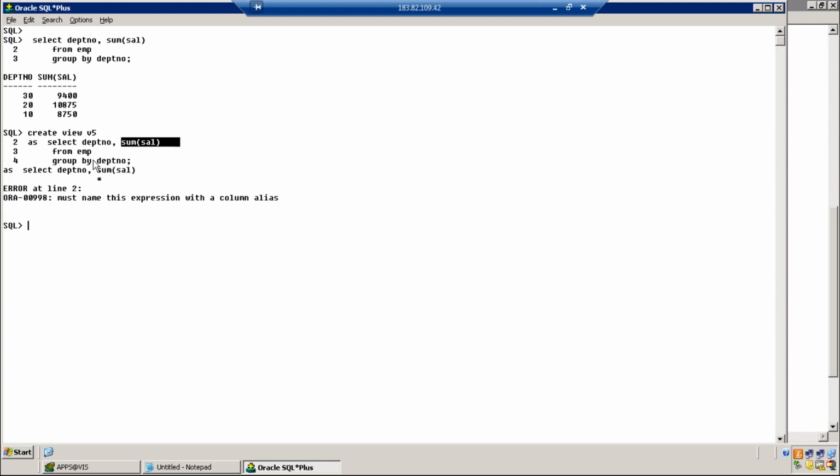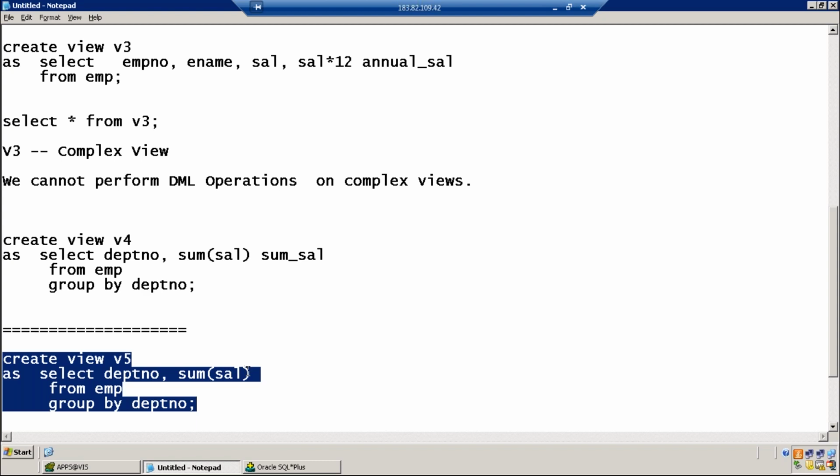By default, department number is no problem because it is a straightforward column from the base table. It carries the same column name present in the base table. Coming to this particular column, we are not fetching it straightforwardly from the base table. You're calculating it, isn't it? For these kinds of calculated columns, it is mandatory that you have a column alias.